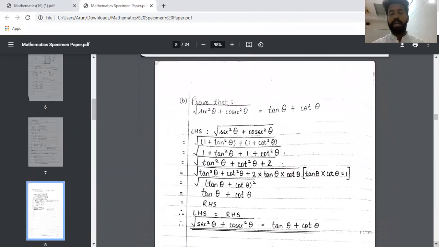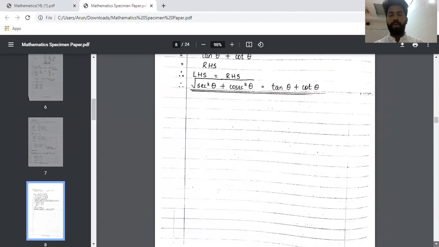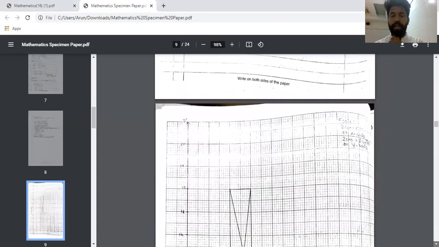In trigonometry, you started with one side, LHS से start किया, calculate kiya, wherever you've used a trigonometric identity, you've written that in the reason, and then once you've proven that to be equal to RHS, LHS is equal to RHS, hence proof. So all these points are something that you need to take care of.